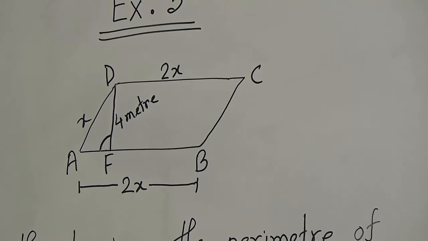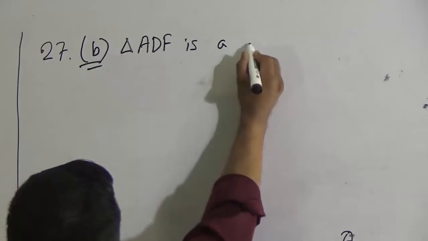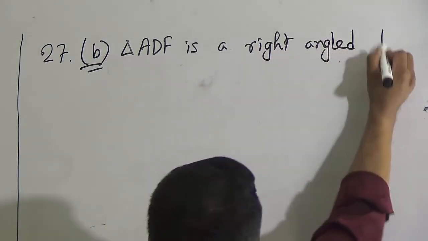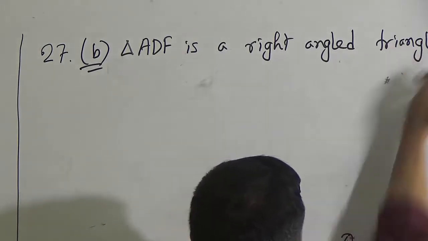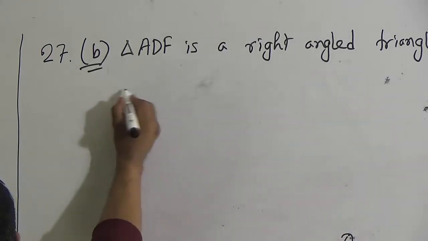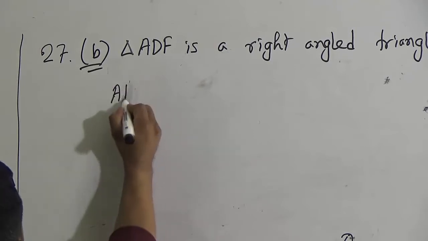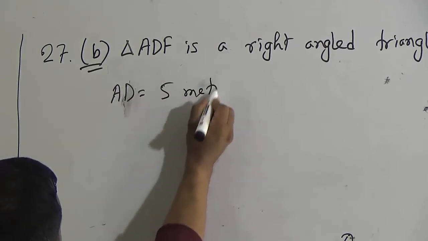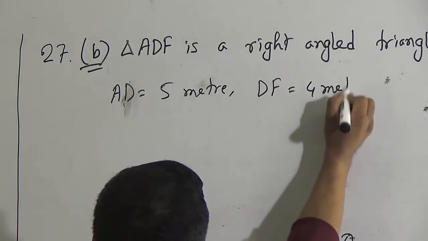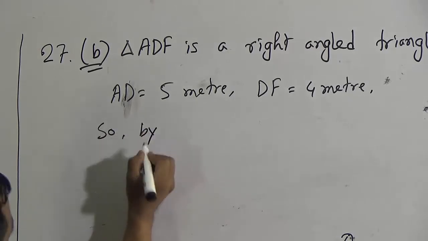Activity B. The triangle ADF is a right angled triangle, where AD is equal to 5 meter and DF is equal to 4 meter. So by Pythagoras theorem,